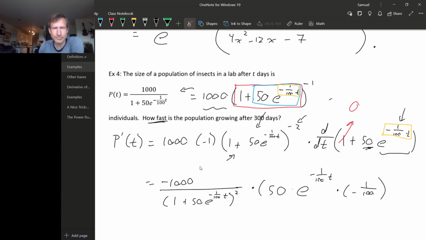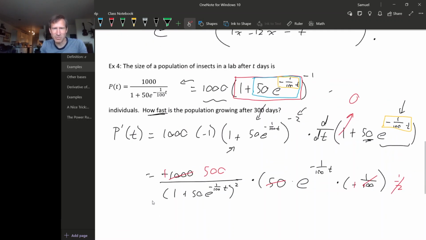Okay. So putting this all together, I guess we can do some simplifying with our constants. So 50 times 1 over 100 is a half. But then a half times 1000, that's 500. And then this minus sign and that minus sign actually cancel. So all together, it looks like we get